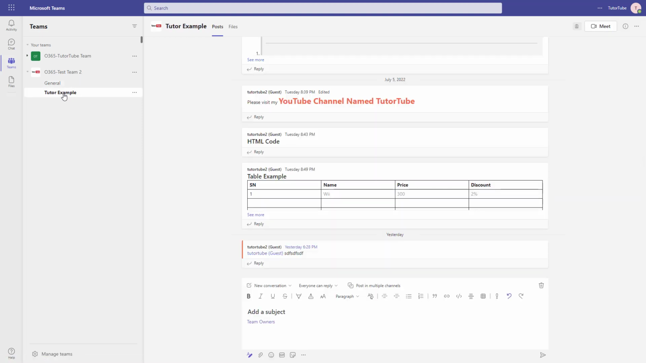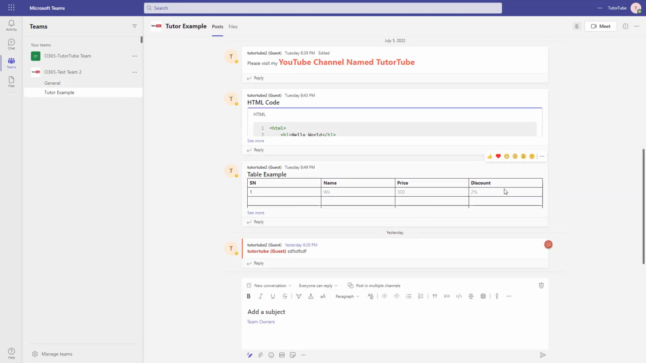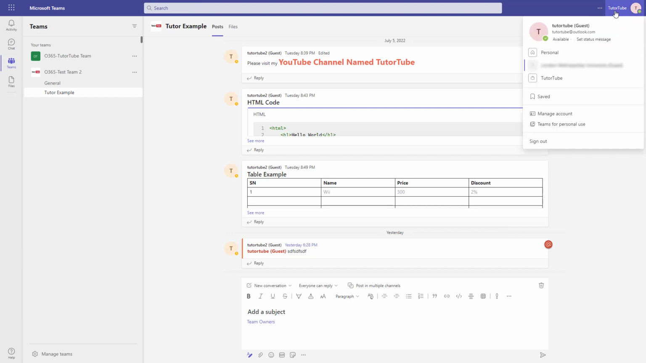If you were to go onto another, let's say for example channel, you can do the same. You can click on the three dot icon right here and click on save message right here as well. If you want to access those saved messages, now you can click on your profile right here and